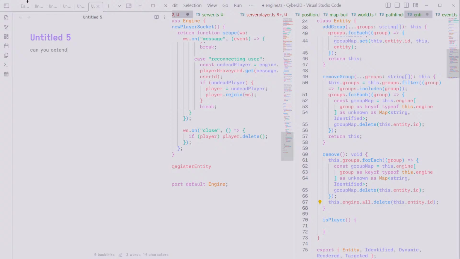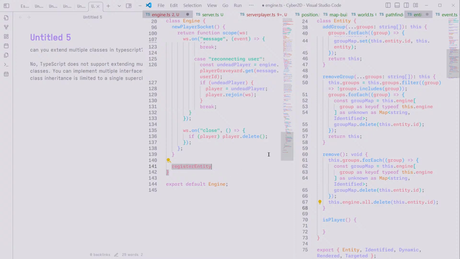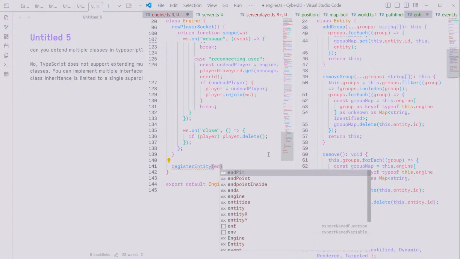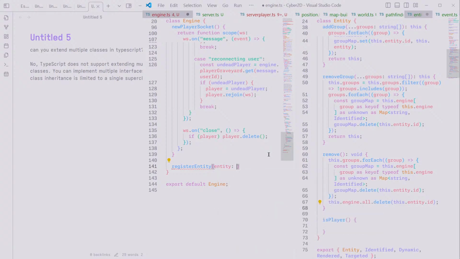Can you extend multiple classes in TypeScript? This is probably a huge no. Yeah. So register entity, we're gonna take in an entity, and this is gonna be of type